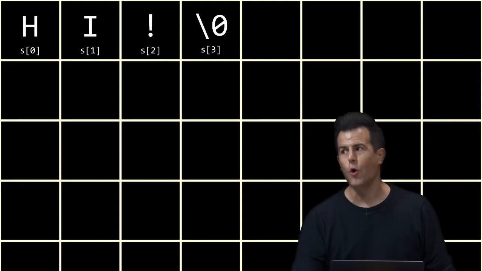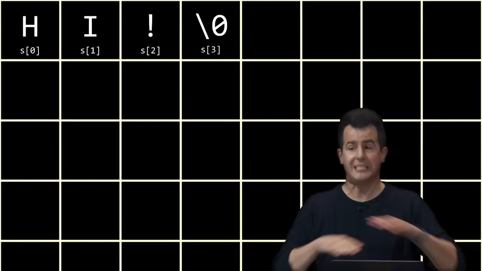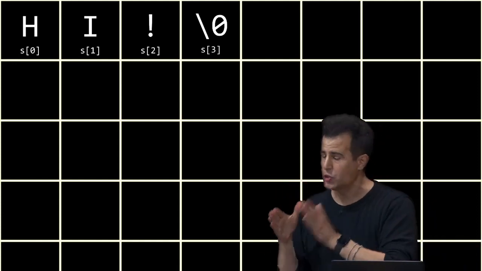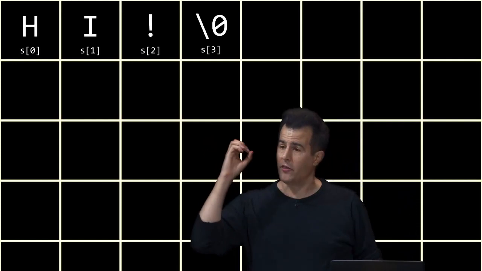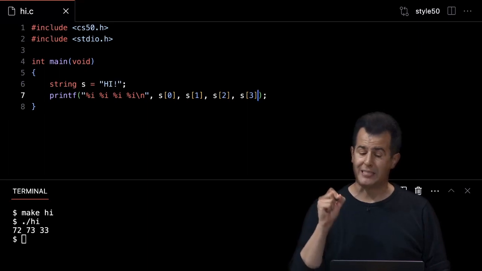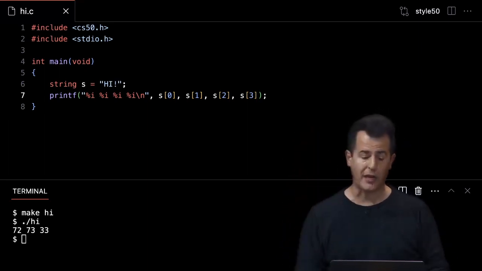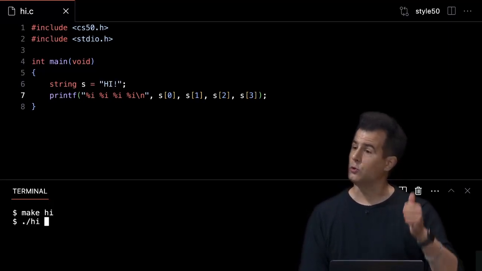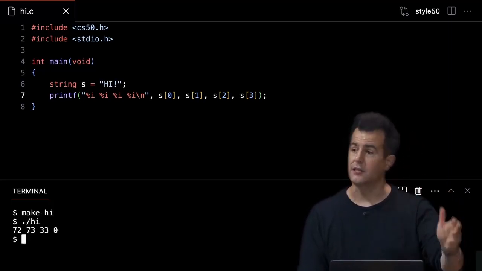But in this case, I know that there is one more thing at the end of this array, because this is how strings are built. This is not a CS50 thing. This is a thing in C. Every string in the world, in double quotes, ends with a \0. That is 8 0 bits. So if I really want, I can see this by printing out s bracket 3, which is the 4th and final location. If I recompile my code now, make high, ./hi, I should see 72, 73, 33, and 0. That's always been there. So I'm always using 4 bytes somewhat wastefully, but somewhat necessarily so that the computer actually knows where that string ends.